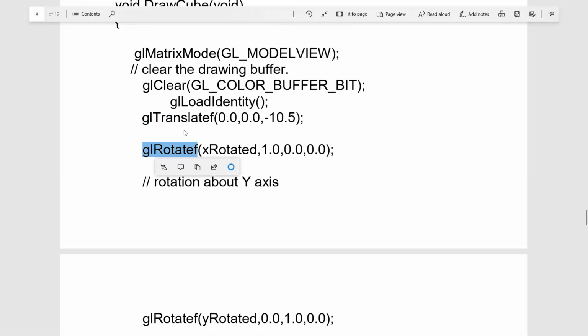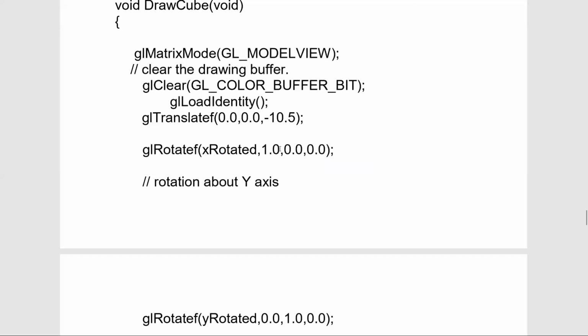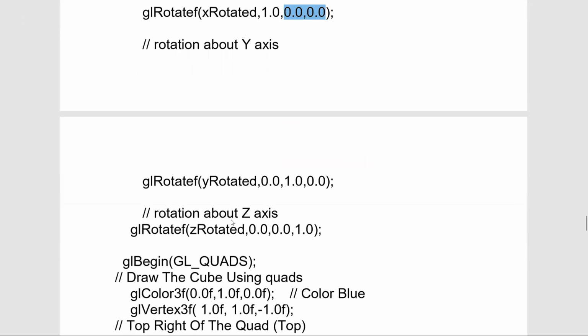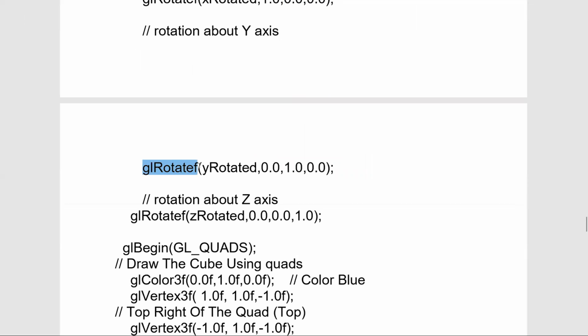Similarly, we are applying the rotation operation to the 3D cube, where currently the rotation is happening about the x-axis. The X rotated variable is used, and this is the X rotation, set to 1. Other rotations are set to 0. Let us now call the rotation about the y-axis.